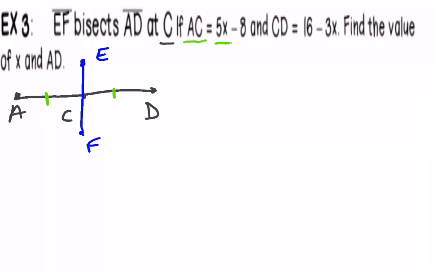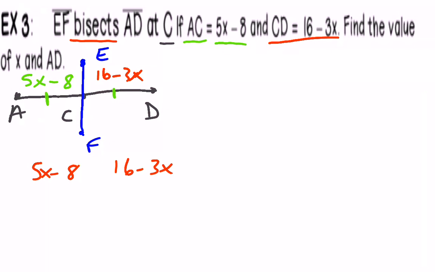So it says AC is 5x minus 8. And CD is 16 minus 3x. So this is different. We don't have what the whole is, so I'm not going to be adding them together and setting them equal to something. If I know that because it bisects that the two sides are the same, a symbol in math that means the same is equal. So we're going to set these two expressions, 5x minus 8 and 16 minus 3x, equal to each other and